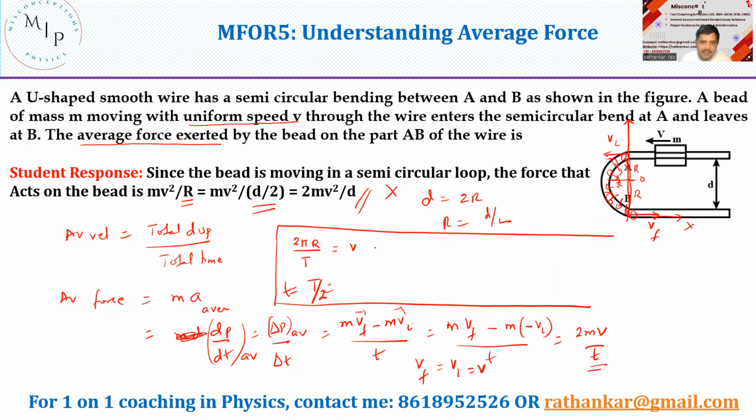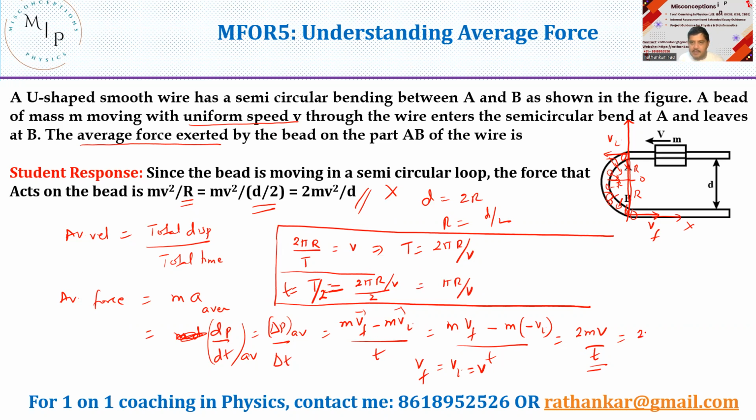Now, from this equation, let us forget this, let us write from here. T should now be equal to 2 pi r divided by v. So I push this t on the upper side and pull this v downwards, and I get this expression. Thus I'll substitute for T here and I'll get the answer as 2 pi r divided by v divided by 2, which should now be equal to pi r by v. Right? We got an expression for t, and that too in terms of r and v. Now let us substitute it.